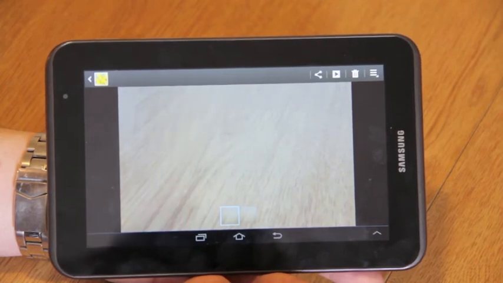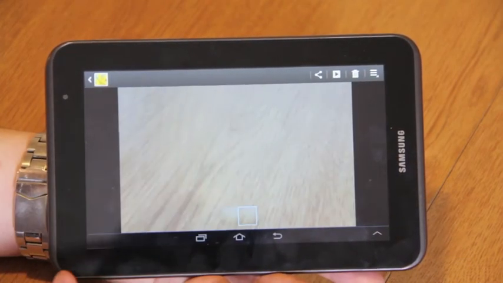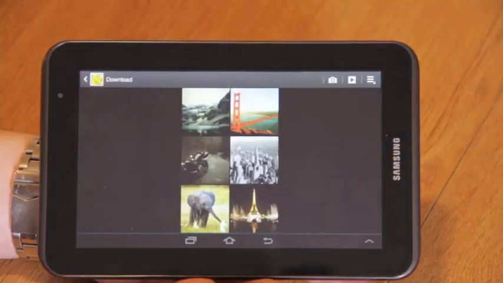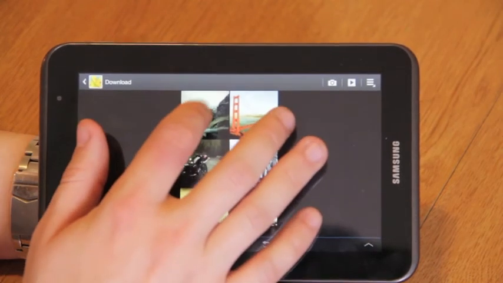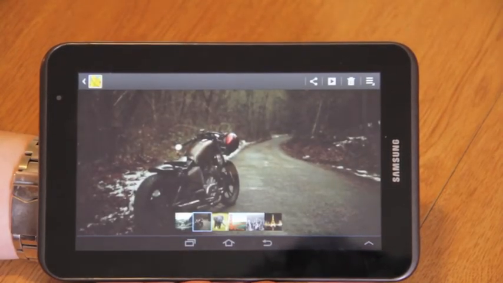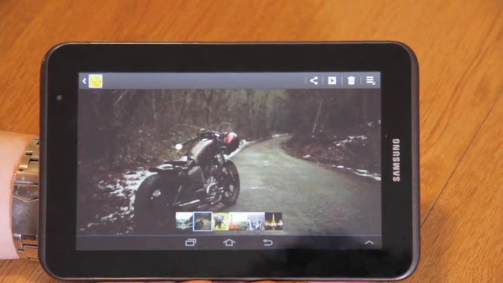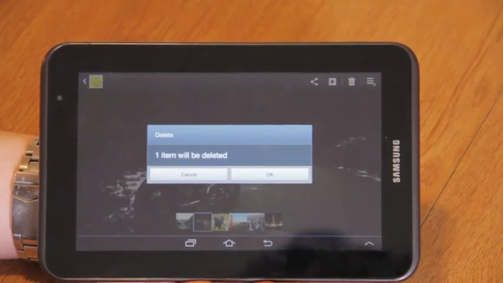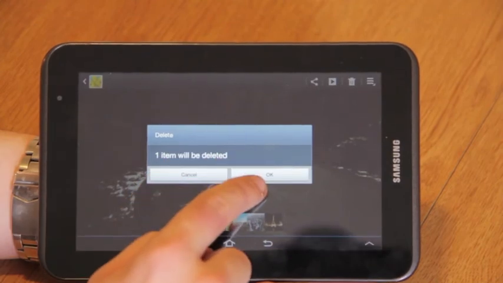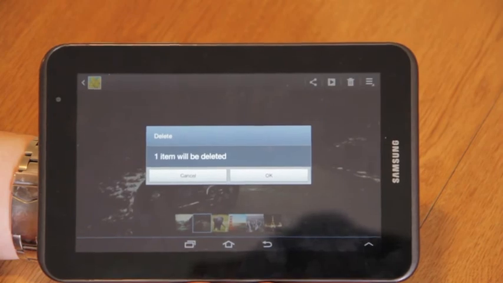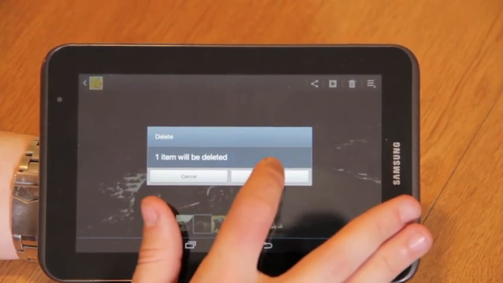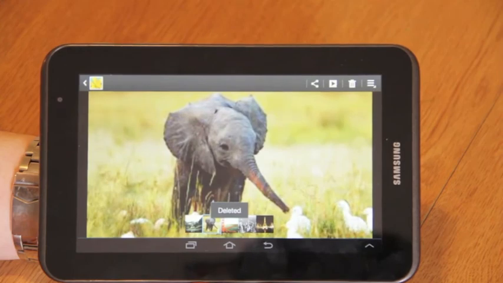Navigating the page is as easy as swiping your finger across the screen. Once the desired picture is found, select it by tapping on the screen. To delete the picture, press the trash icon located in the top right corner. An option will come up to delete by pressing OK, or to cancel by pressing cancel. Once delete is chosen, press OK to delete the